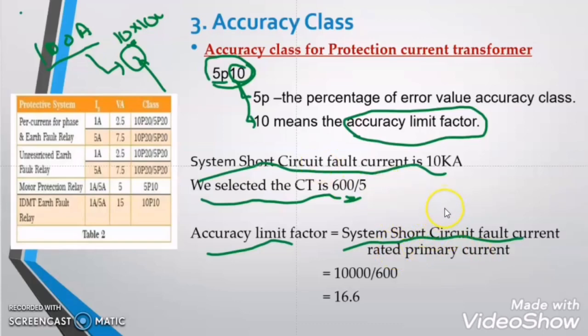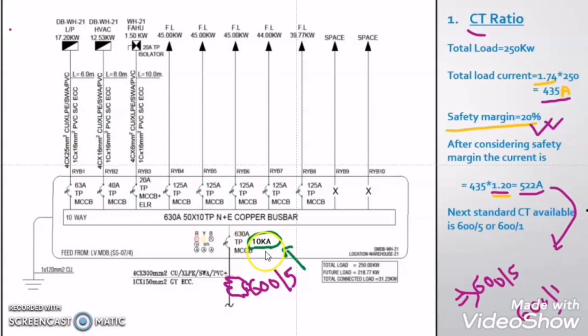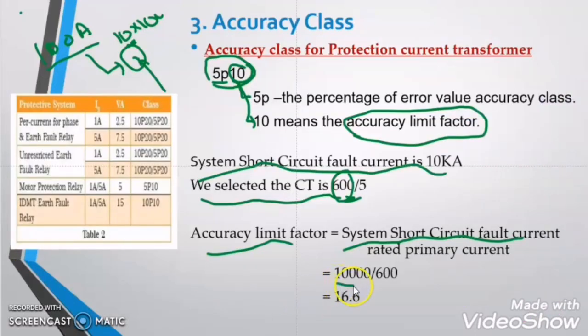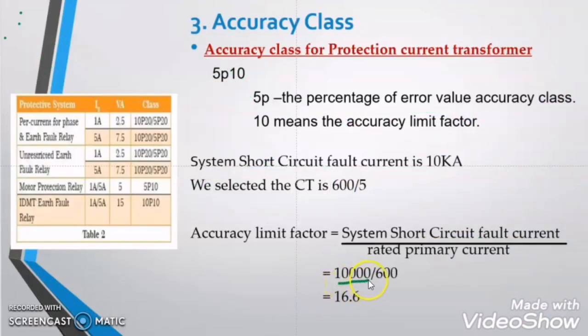What is the maximum possible short circuit current that can occur in the system? That is called the system short circuit fault current. For our selected CT, the rated primary current is 600 and the system short circuit fault current is given as 10 kilo ampere. So we divide this, 10,000 divided by 600,